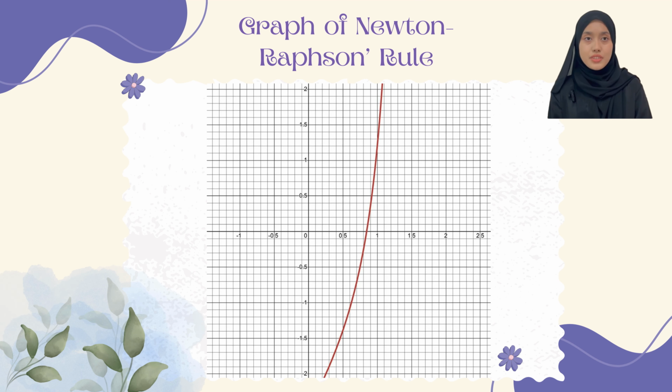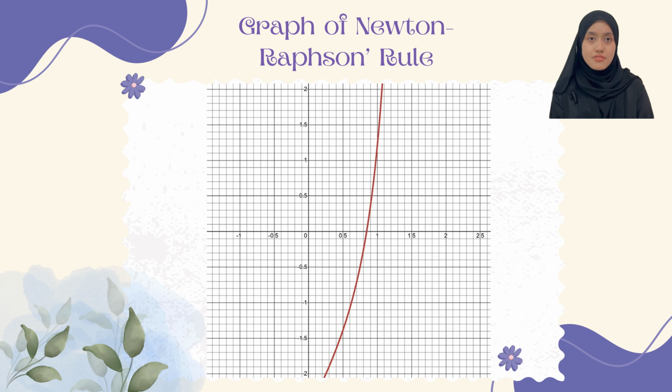Next, let's look at the graph of the Newton-Raphson method based on the function we use, which is f(x) equals e to the power of x cubed plus ln 2 squared plus 2x minus 2. This part helps us visualize how the values of x are getting closer to the root through each iteration. As shown in the graph, this is the curve of our function. The Newton-Raphson method is used to find the root, or in other words, the value of x where f(x) equals 0. So we started with our initial guess, which is x1 equals 0.5.